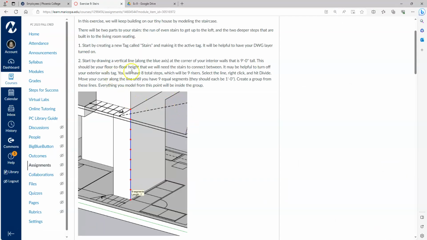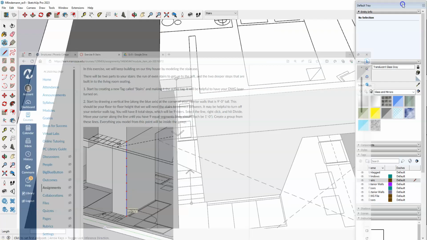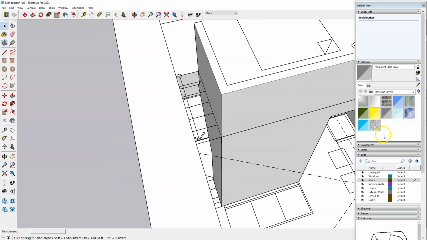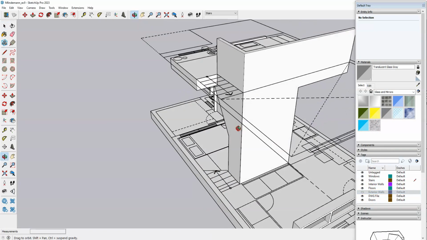And then our next step is, you can turn off different tags if that's helpful for you. I'll probably have to just so that I can see in here a little bit better. But according to the DWG, you'll have 8 total steps, which equals 9 risers. So we are going to divide the line that we just made into 9 equal segments. And since it's a 9 foot tall line, each of those segments is going to be 1 foot. And then we're going to create a group. So, yeah, let me go ahead and turn off those exterior walls. So you can see a little bit better